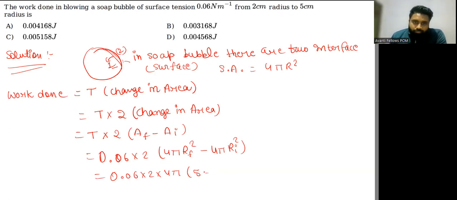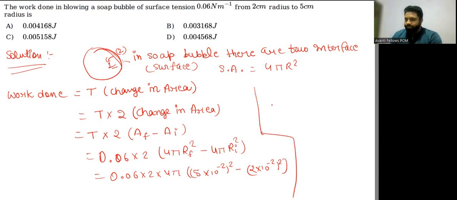Okay. So (5 into 10 raised to the power minus 2) whole square minus (2 into 10 raised to the power minus 2) whole square. If you do the calculation of it, it will be 0.06 multiplied by 2, or you can multiply this 2 with this. It will become 0.12 multiplied by 4 multiplied by pi into, you can take